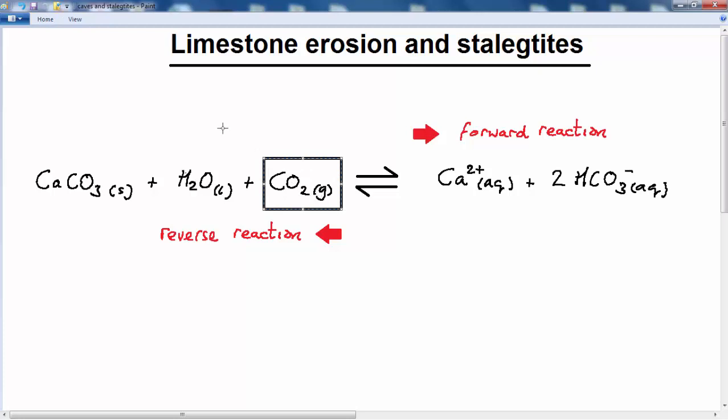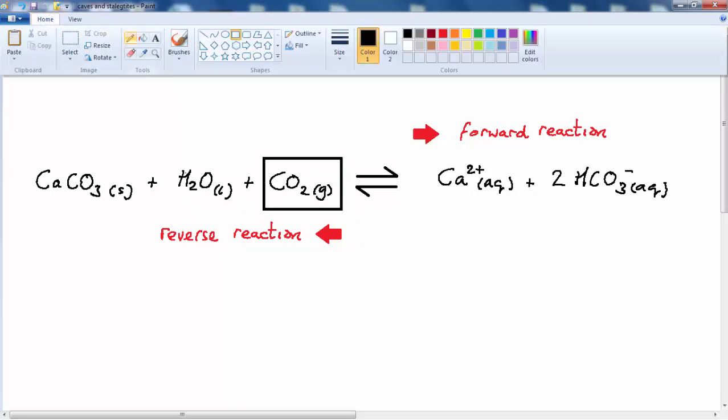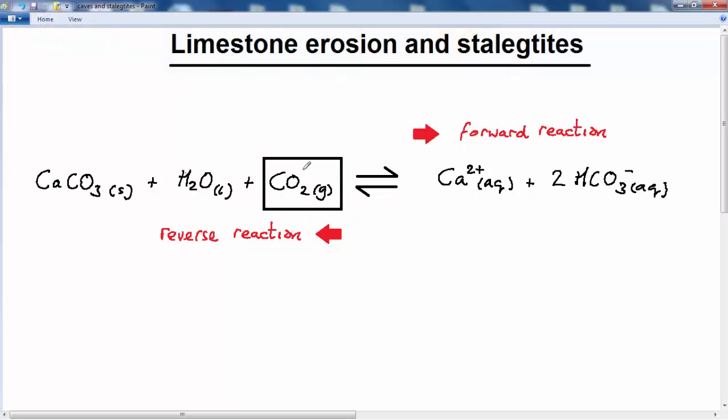So we want to think about what happens to this reversible reaction when the concentration of carbon dioxide is changed. Now, Le Chatelier's principle states, repeating again, that once the reaction is in dynamic equilibrium, if you then increase the concentration of one of the substances in that reaction,